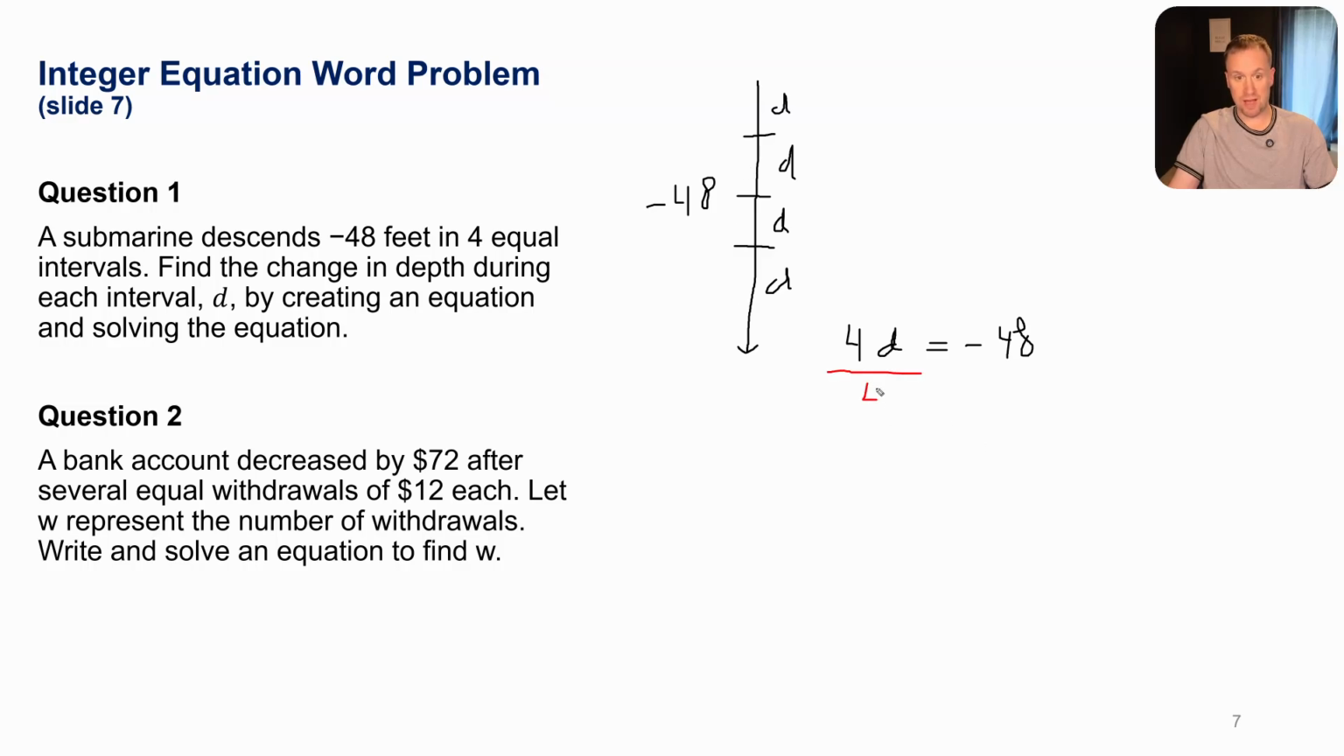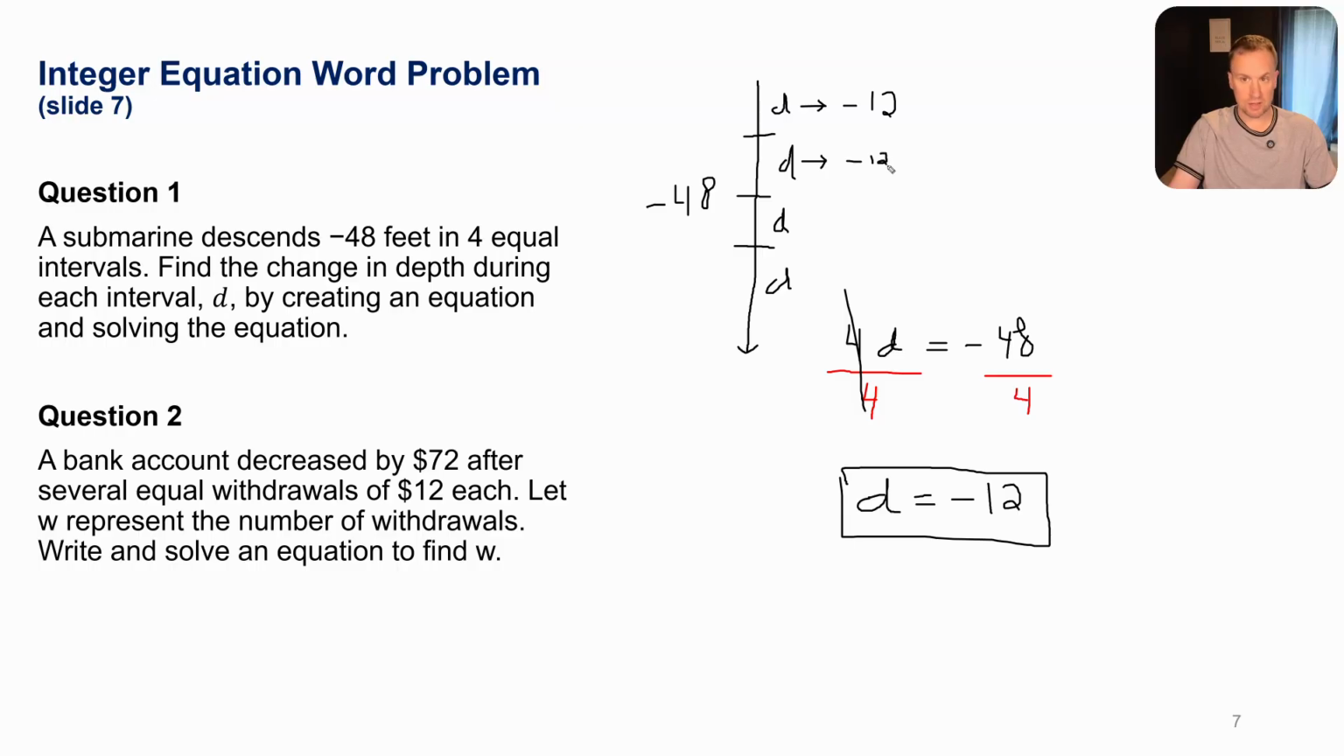So I will need to divide the left-hand side by 4 and the right-hand side by 4. And what we then get is d is equal to negative 12 here. Okay, so 4 clears away, that's 1, or the d, and then 48 divided by 4 is 12. Negative divided by a positive is a negative. So we get d equals negative 12. So each of these different intervals then descends negative 12, and maybe that stops for a bit, descends another negative 12,